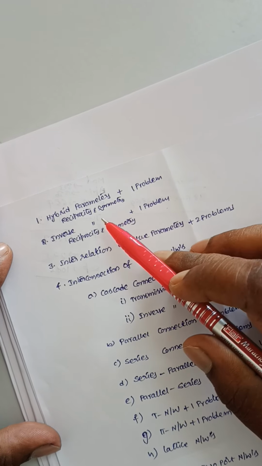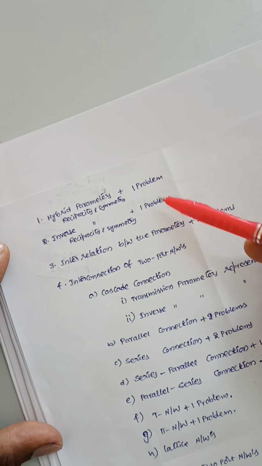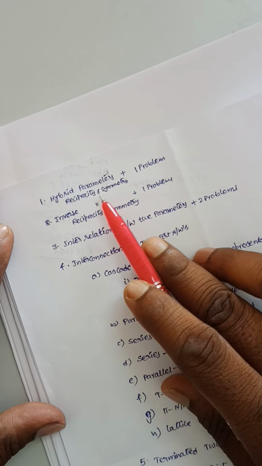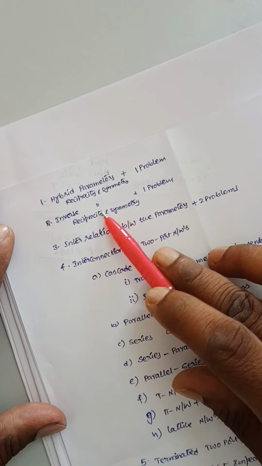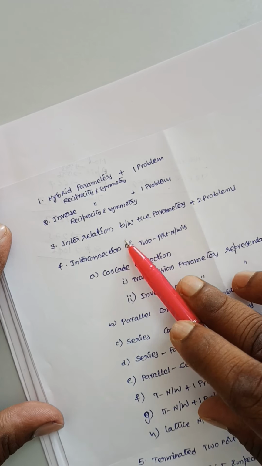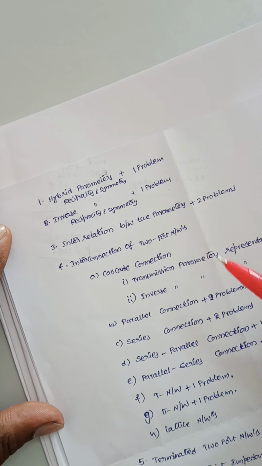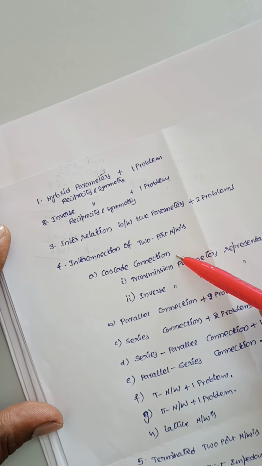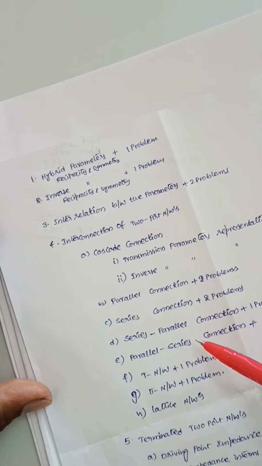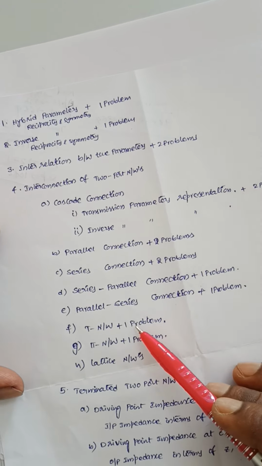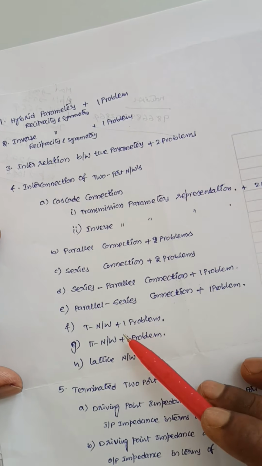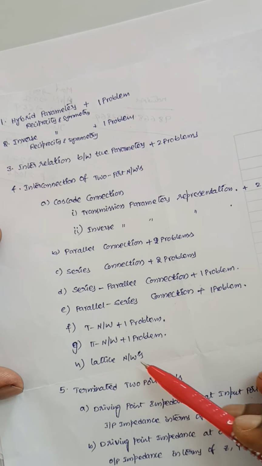Here I am going to explain these concepts. Here you see hybrid parameters, inverse hybrid parameters, interrelation between the parameters, interconnections of two-port networks in that cascade connection, parallel connection, series parallel connection, parallel series connection, T network, pi network, lattice networks,